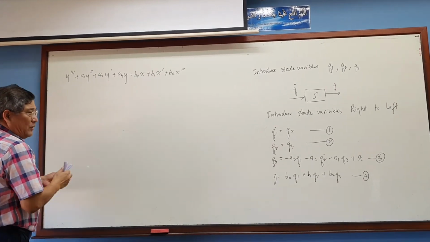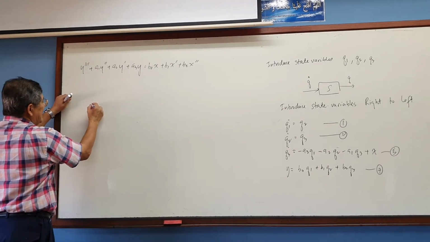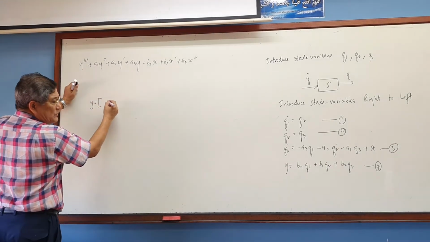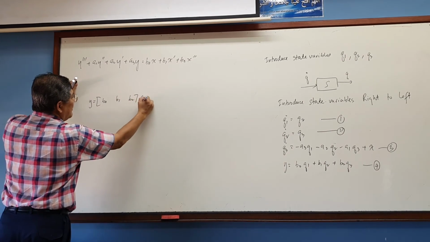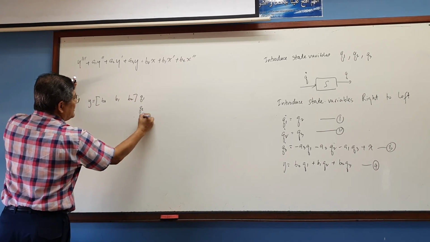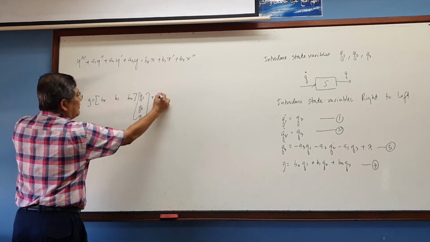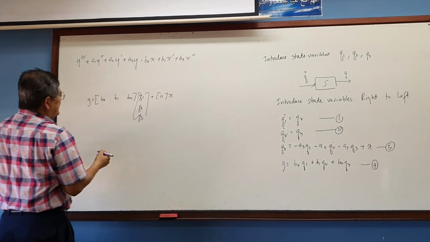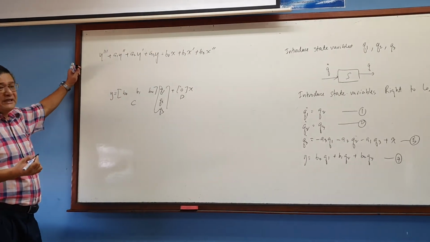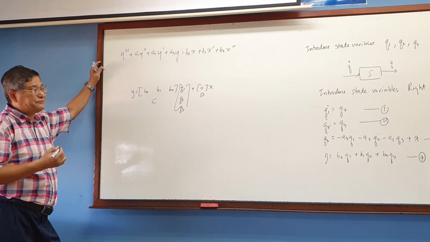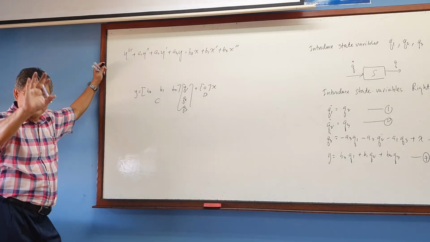Okay, then the matrix Y. So you will have Y which is equal to B naught, B1, B2 times Q1, Q2, Q3, plus 0 times x. Only the C matrix is different. The A matrix is the same. Okay, so